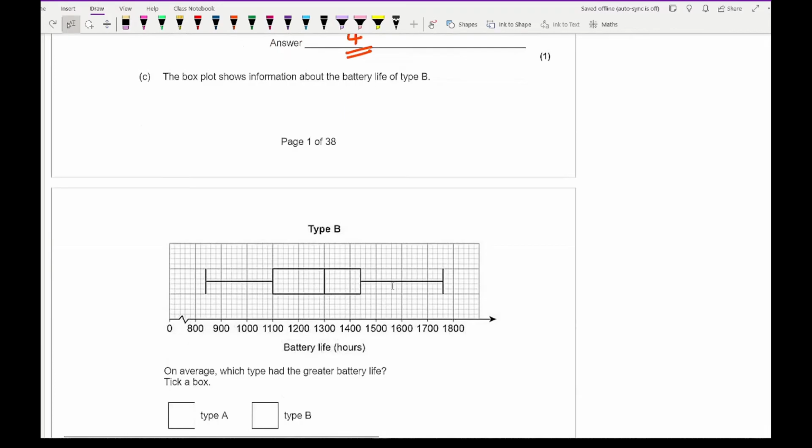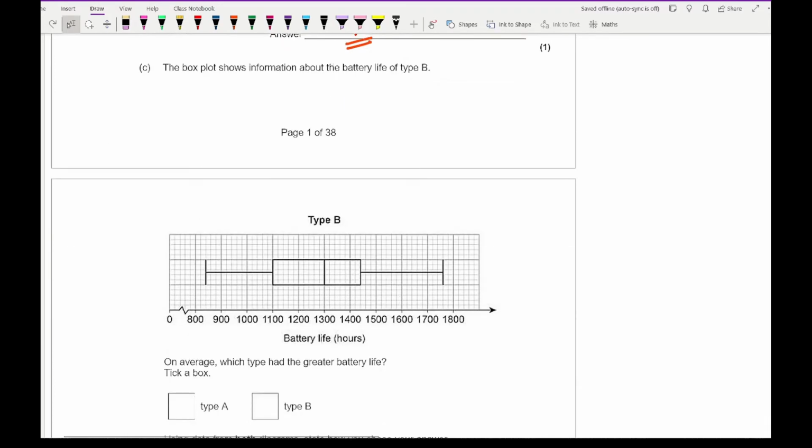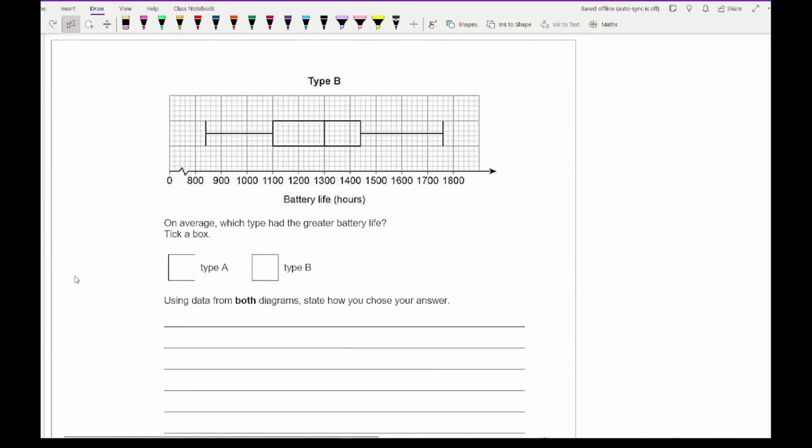Part C then says that the box plot shows information about battery life of B, and it says on average which type has a greater battery life, and it says tick the box. Now for this one, comparing the medians is going to be type B, and the reason for this is because on average type B will last longer as the median